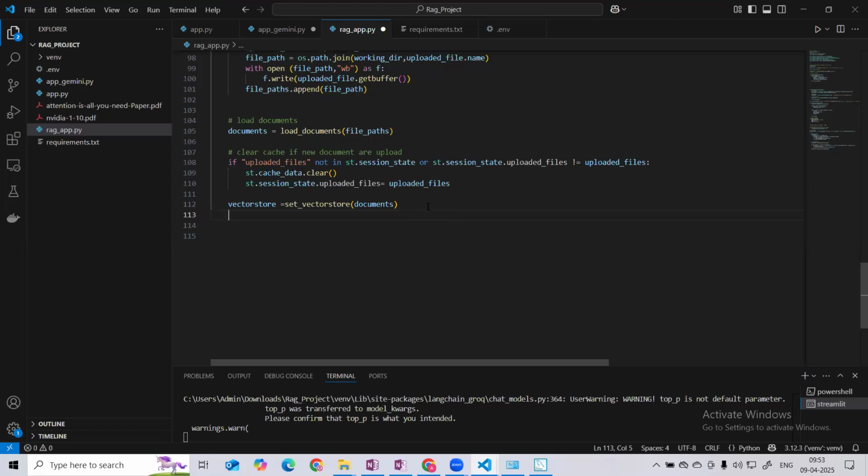So let's suppose we have st.session_state, and we can store these vectors. Every time we are passing this document, if we pass the same document every time, it will be stored in the vector store. We do not need to create the vectors and embeddings again and again for the same file. For that purpose we are storing them in session state, the vector session state, then we are storing this into the